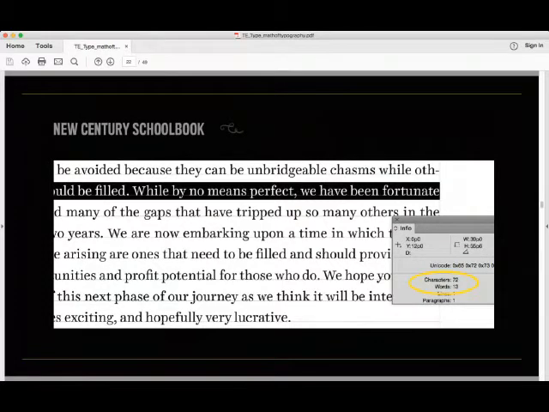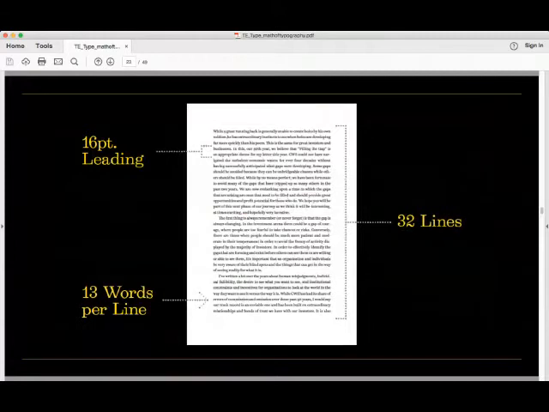Now that we have an idea on words per line, we can look at our column length, or depth, if you will, and calculate the number of lines per page. And this always reminds me of Gutenberg's Bible, the 42-line Bible, right? So he had 42 lines, and based on the word count, you could figure out how many pages. This is kind of the same deal.